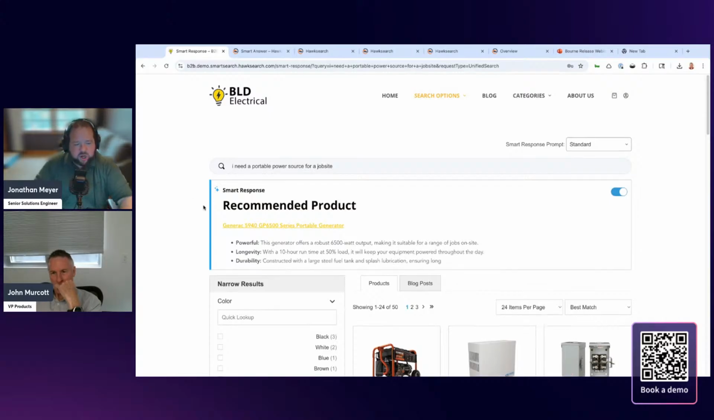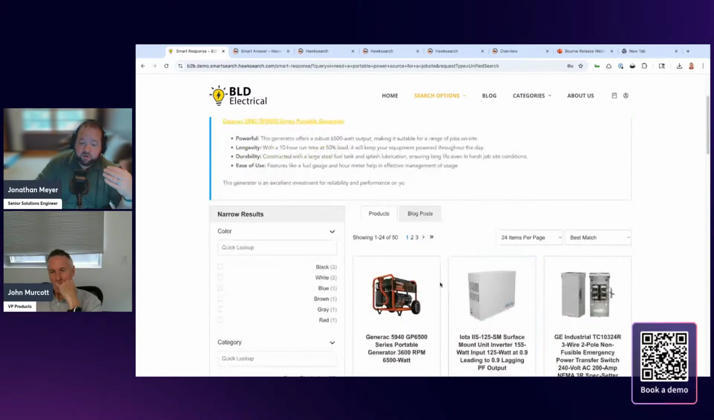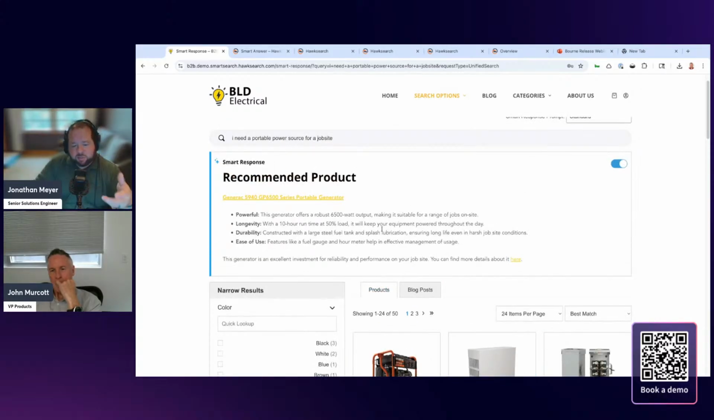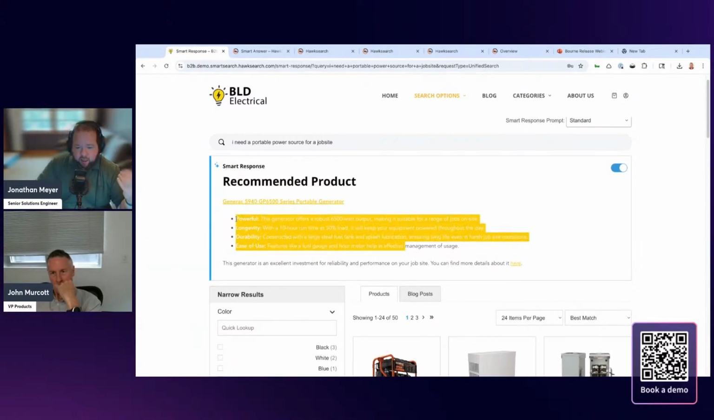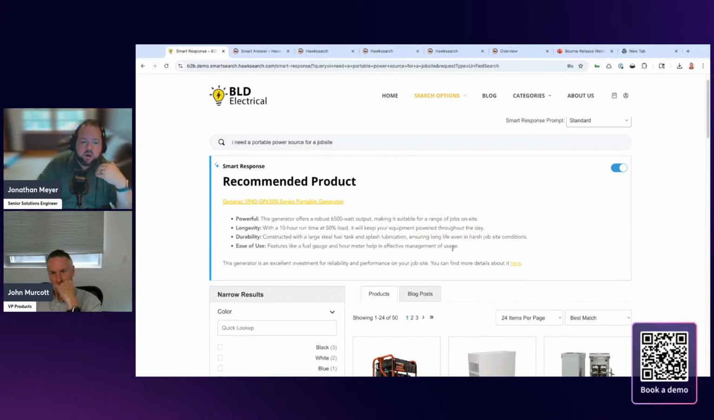And so we're leveraging not only the smart search to deliver, "Hey, we know you're talking about generators and other power options here," but then we're leveraging that smart response with the generative AI capacity to look at that and say, "Let's make a recommendation." This is one of those initial summary responses. It's saying, "Here's a recommended product for you. Here is the product itself, and here is why this is good for a job site. It has ease of use features like a fuel gauge, and it has robust power output,